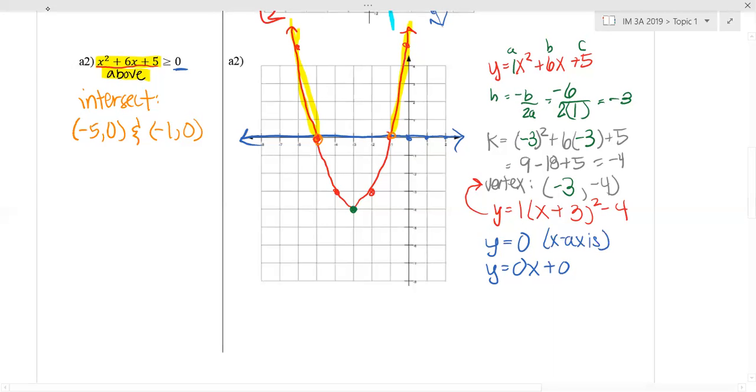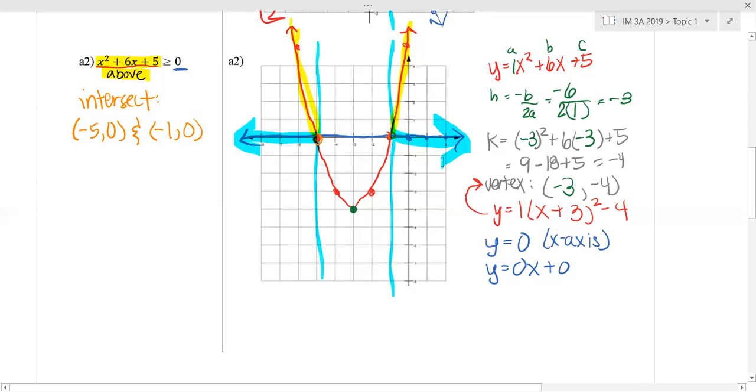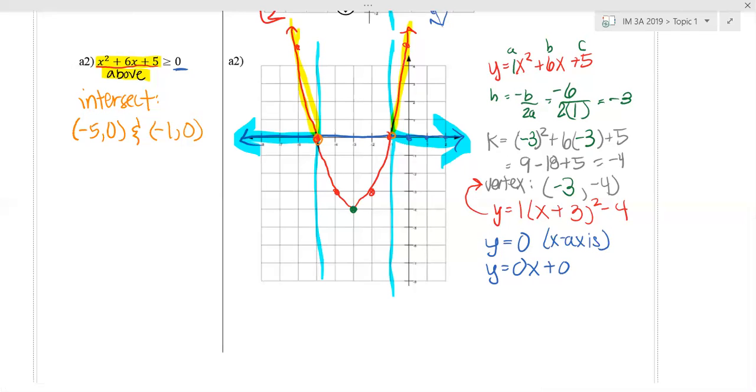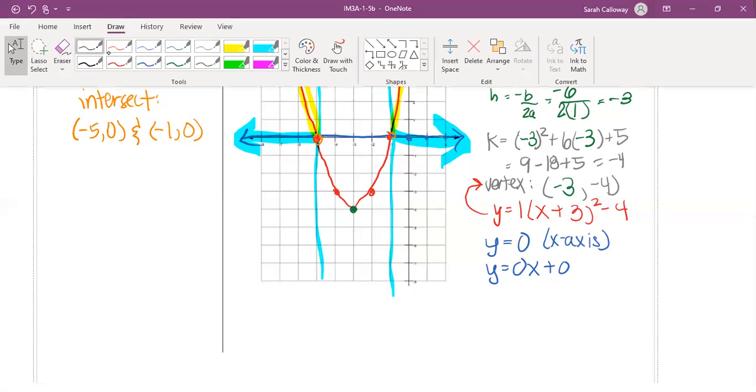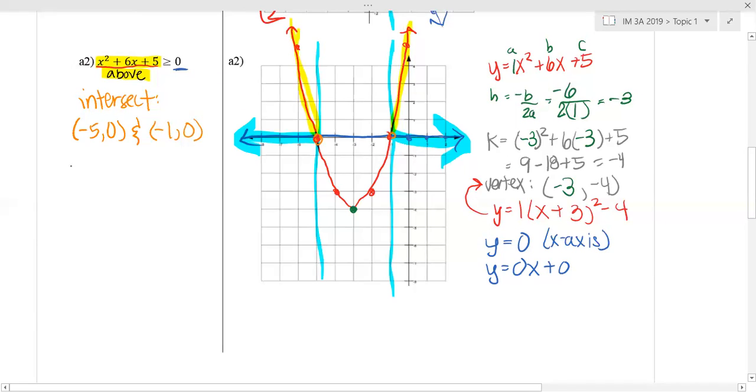And so notice that through my points of intersection, and since we had 2 again, it's here and here where the graph for the parabola is above the graph for the line, versus in the middle section, we can see that the parabola is below the line. Okay, so we want to write that as our inequality. So we can see that this has x less than or equal to